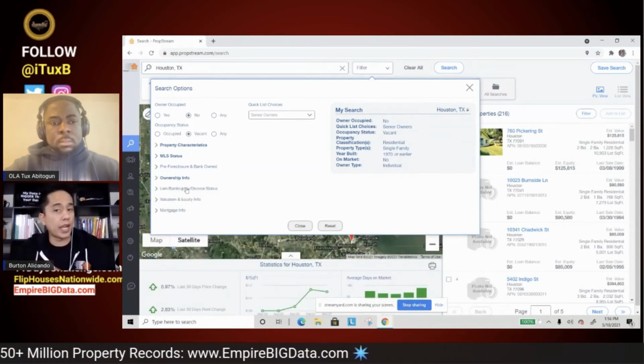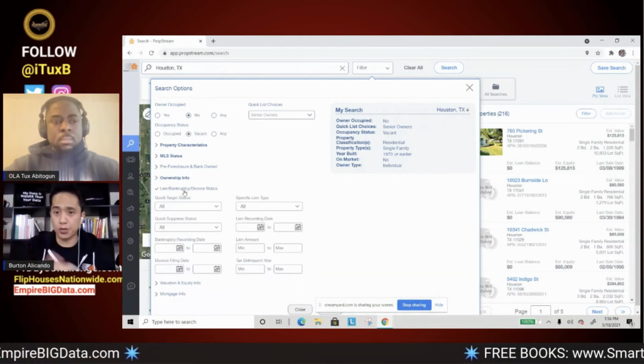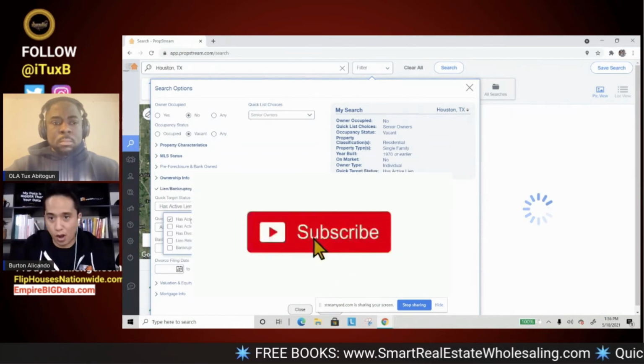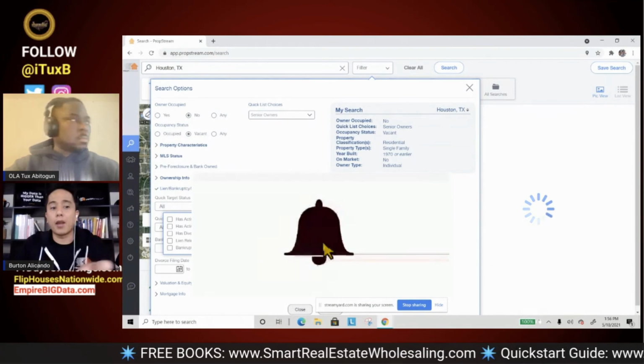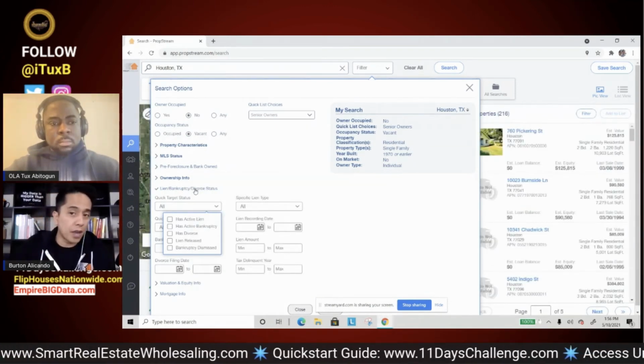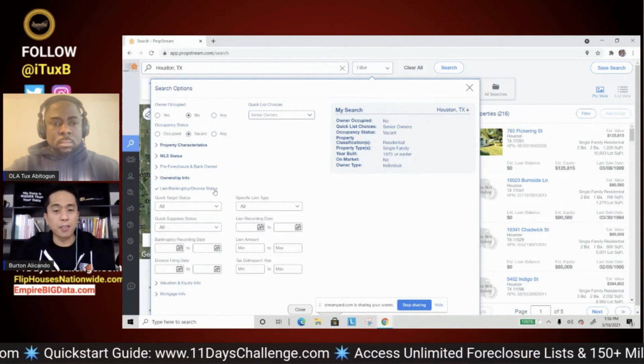Finally, the last three categories are you can add lien, bankruptcy, and divorce records to your search. So maybe you want a senior owner who also has a lien on the property, perhaps, or a bankruptcy, maybe even a divorce. You can specify the lien amount, specify the lien type, recording dates,